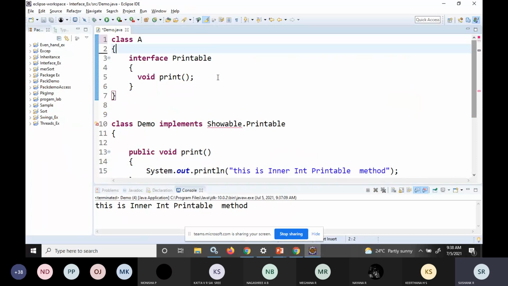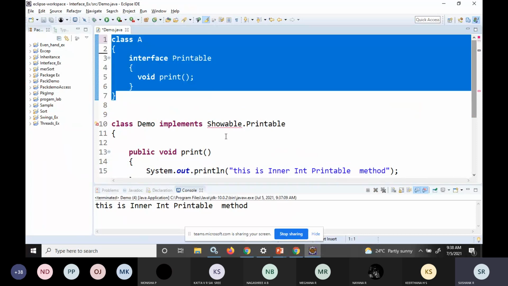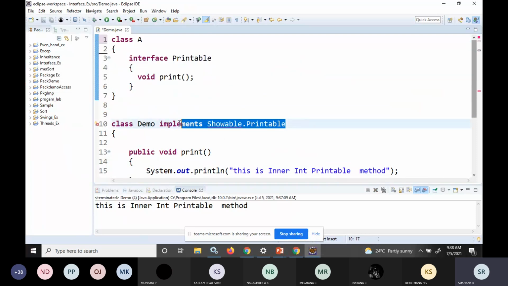You just refer to the first 7 lines. So that is a declaration of a nested interface. Now the printable interface is within a class. So we can have it within the class or within another interface. I am considering the second scenario, so we have it inside a class.